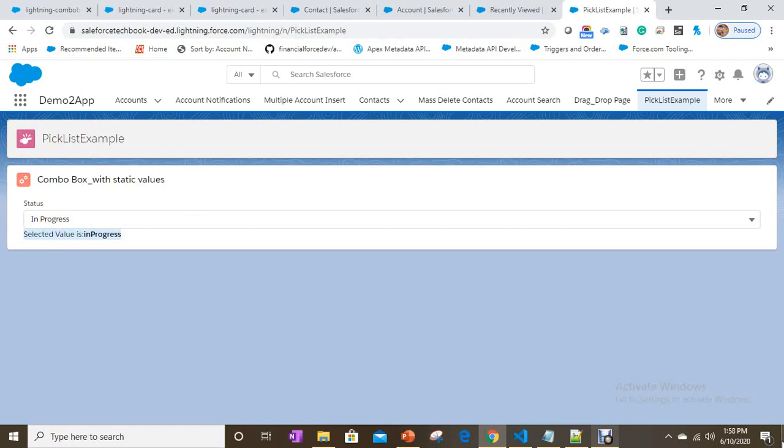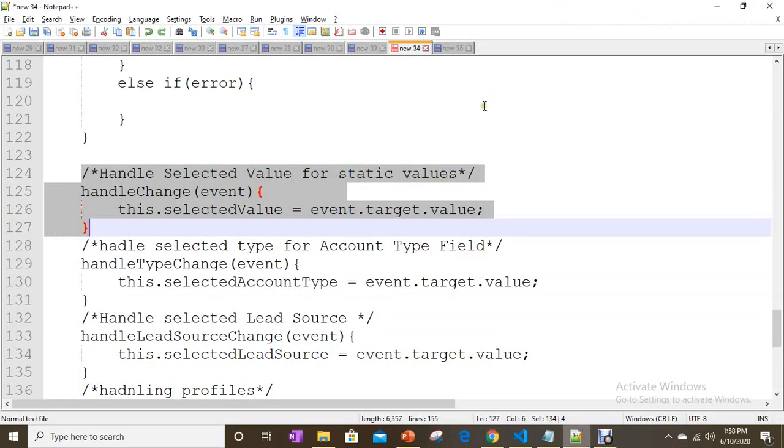Let's do this. Do we need to create an Apex class for that? No. We have the JavaScript UI API, or Lightning Web Component user interface API, to get the values from picklist fields. How can we do it? Simply, you just need to import the UI API first of all.